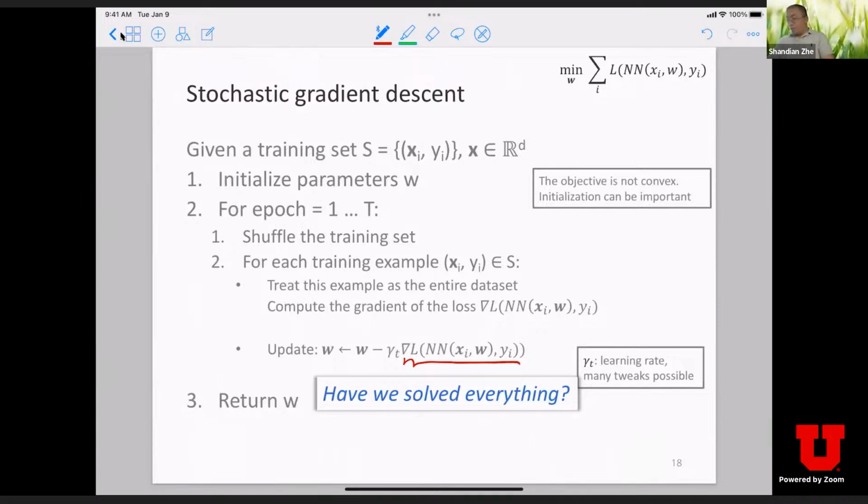As we discussed in the last lecture, although the neural network has an analytical form to calculate the prediction given the input and the model parameters, the neural network has many